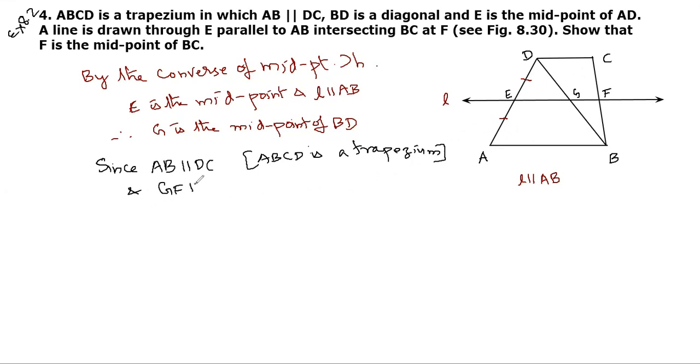GF is parallel to AB because it is already given that line L is parallel to AB. This is a part of it, therefore we get that GF is parallel to DC. And when this is parallel and G is the midpoint of BD,